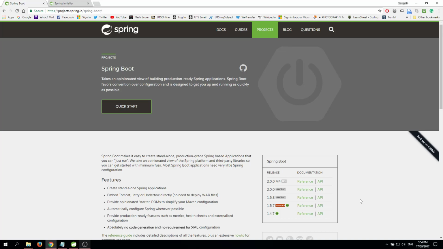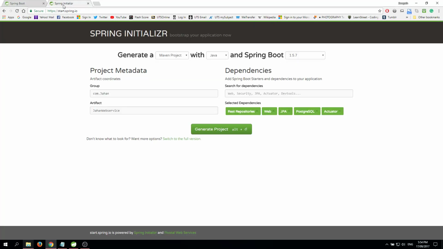In this tutorial I would like to create a web service using Spring Boot. For this one I will use Spring Tool Suite as my IDE and PostgreSQL as my database. So before starting we have to download the project. You can create it in the STS, but I prefer to download the project from